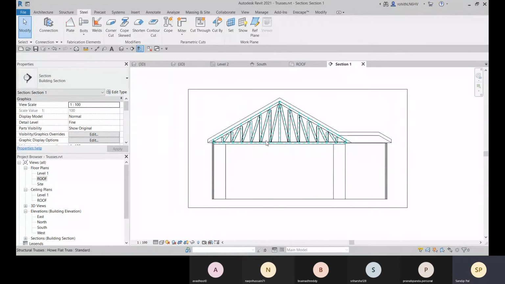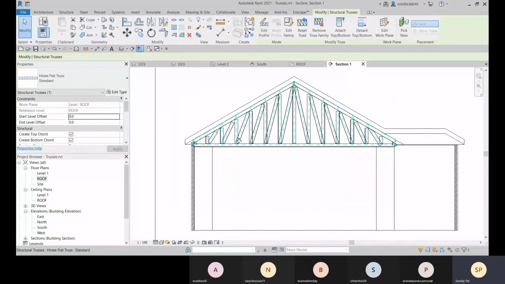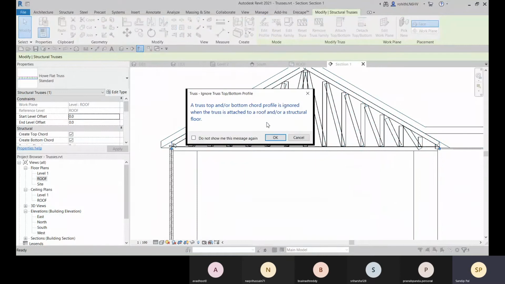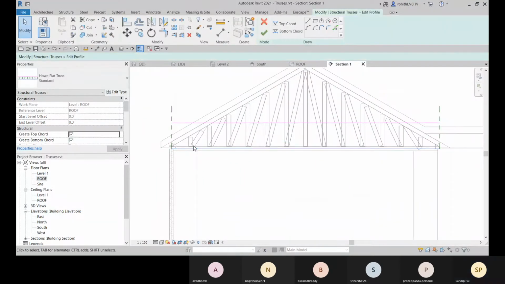Okay. Now let me show you one more thing about this truss, that you can change the truss profile also. For that you can go with this edit profile, click on OK, and this is the top chord and this is the bottom chord of your truss.